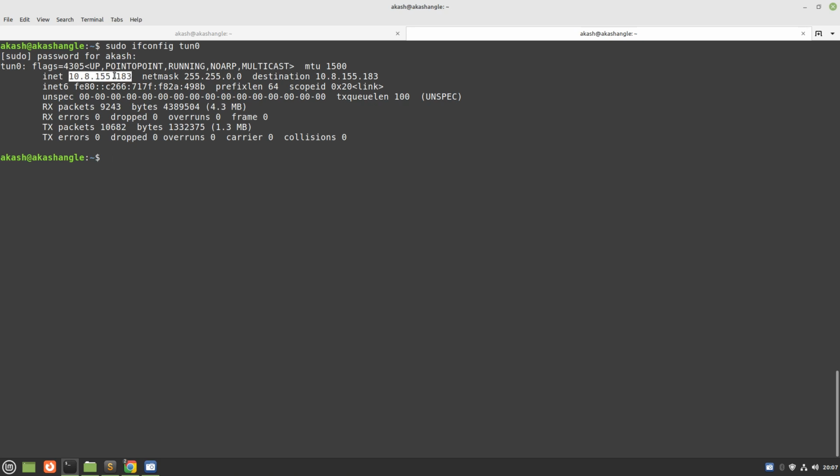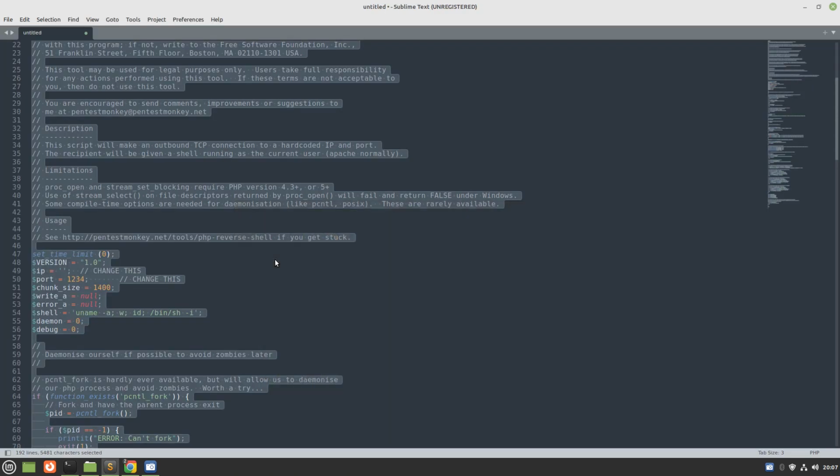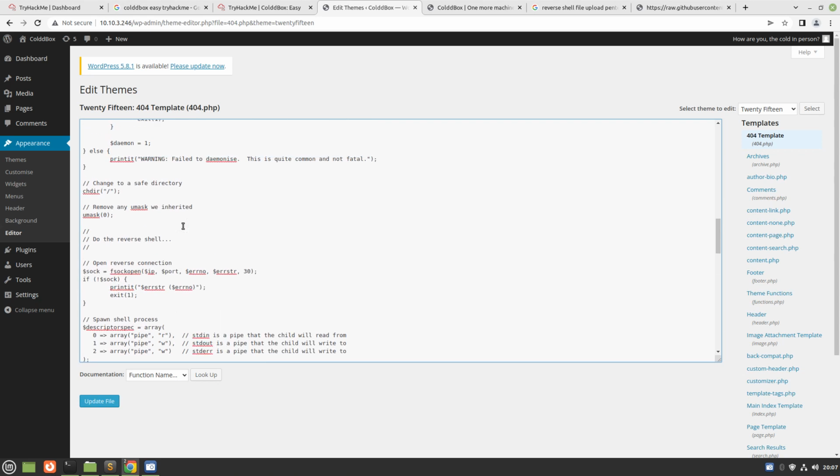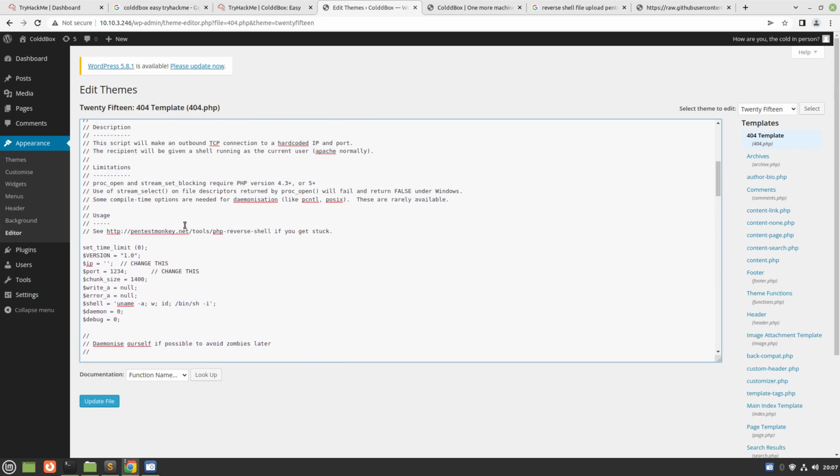I'll copy this IP and I'll go further, and this is where I need to input the IP. And here I input the IP. Let me just check everything is okay. Port 1234, the IP is input. I hit update